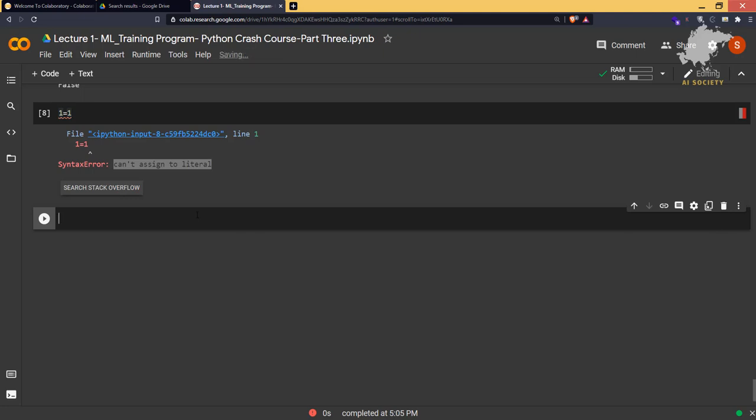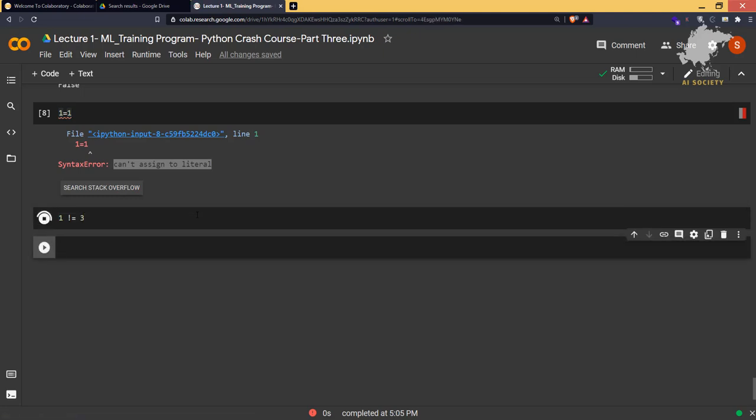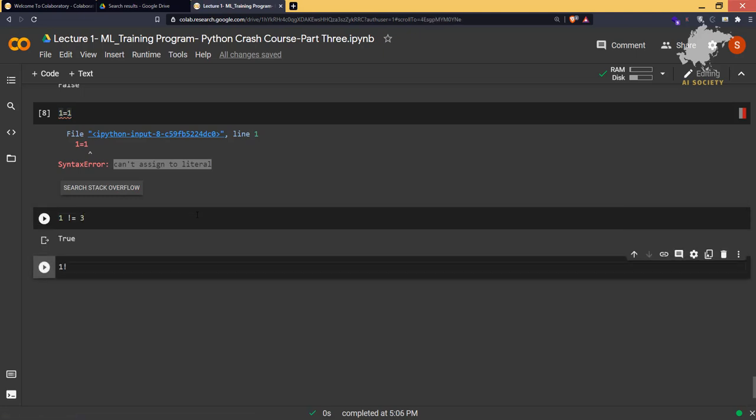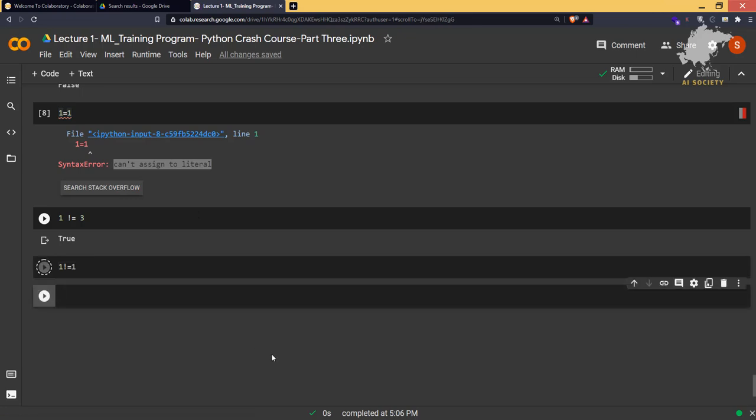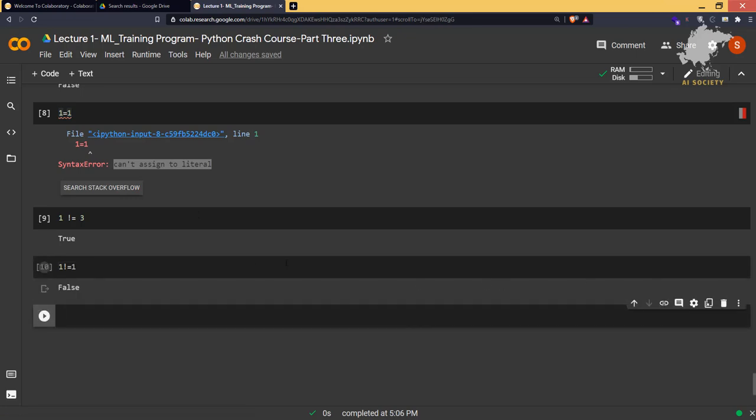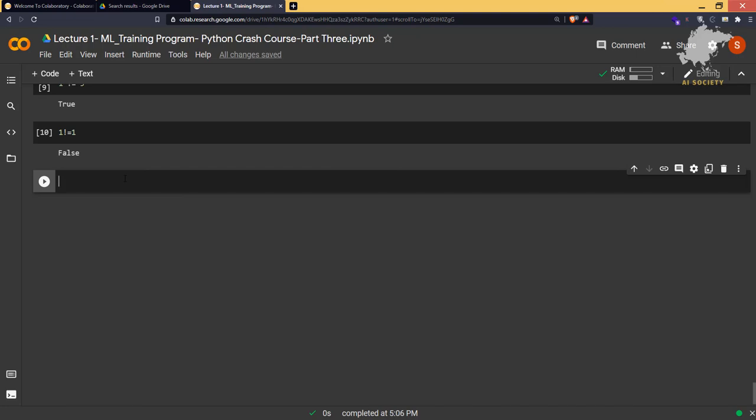So this is how you check for equality, and to check for inequality we have something known as not equal to. If we type 1 != 3, it gives us true. If I type 1 != 1, it gives us false, because 1 is equal to 1. And we can do that for strings too. If I type "hi" == "hi", it gives us true.